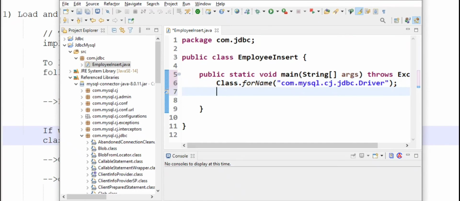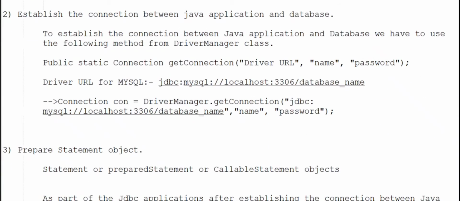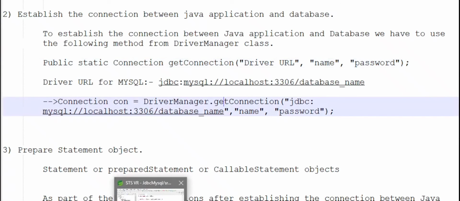Now our next step is to establish a connection between the Java application and the database, and this is our driver URL, by using DriverManager.getConnection.